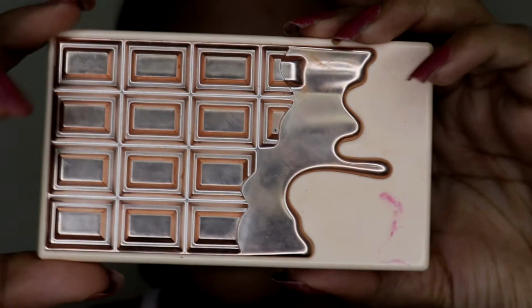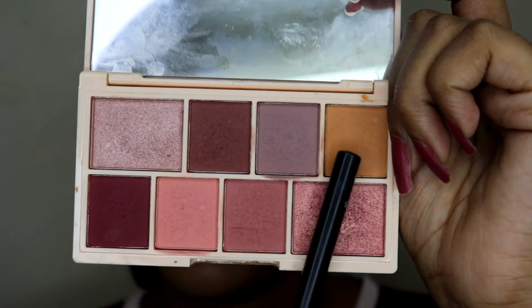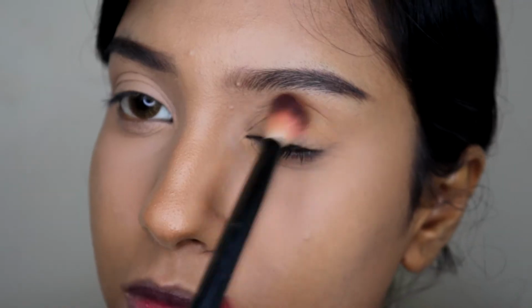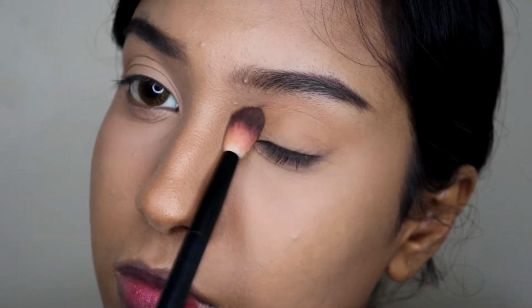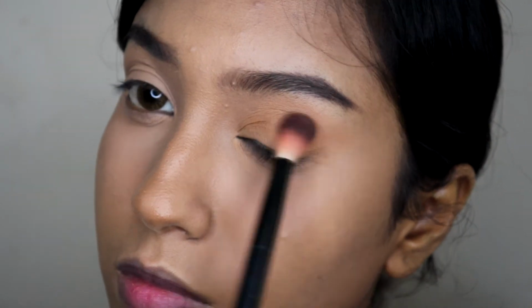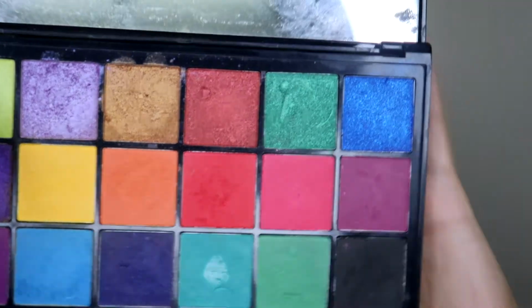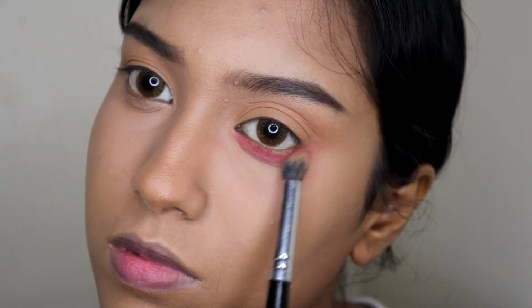I'm going to use the Makeup Revolution Rose Gold Chocolate Palette, and I'm going to use the Camel Brown shade. You just want to use like a brown beige shade and place it all over your lids. I'm going to use the Makeup Revolution Tropical Carnival palette, and I'm going to take this red and pink shadow, take it on a dense brush, and I'm going to